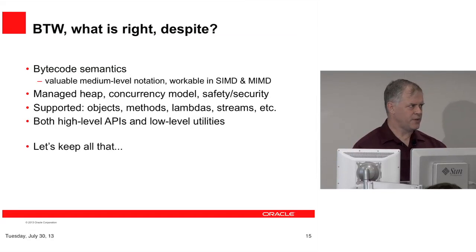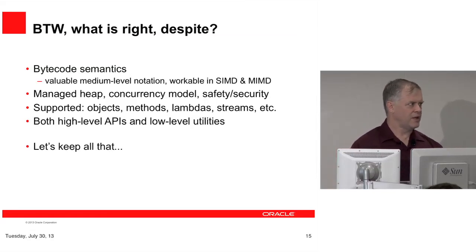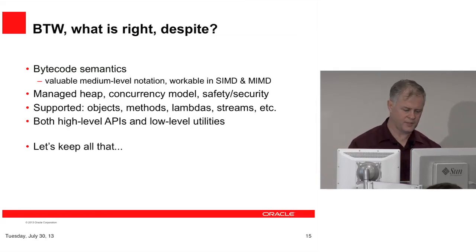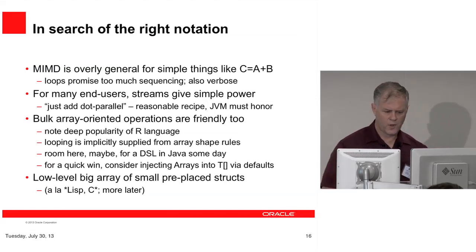And I'm really glad that the GPUs are sort of getting more like CPUs, so that we can do what's necessary to enforce the safety and security. And of course, all the Java programming things are right, including lambdas and streams now. Okay, so let's keep all that. What's a good notation for doing data parallel programming? Well,